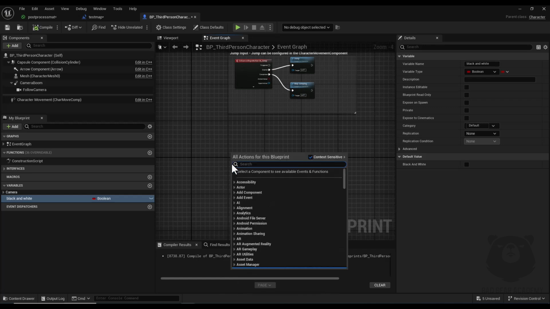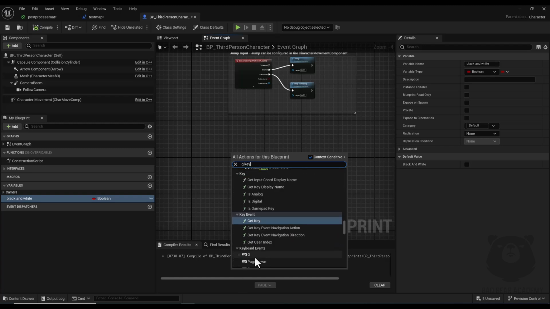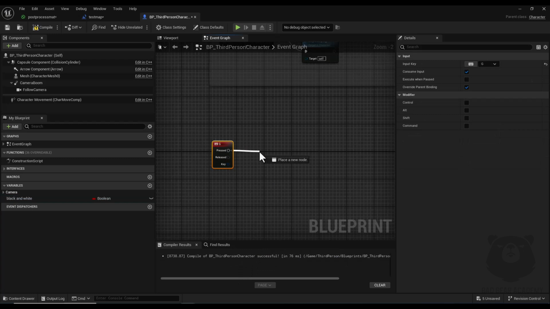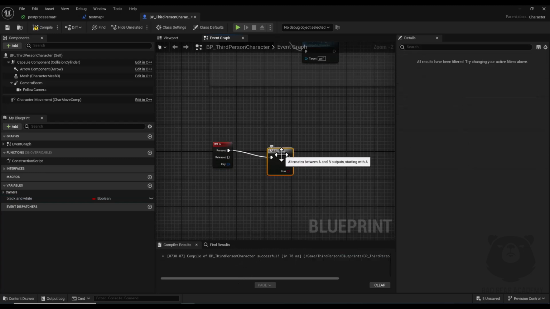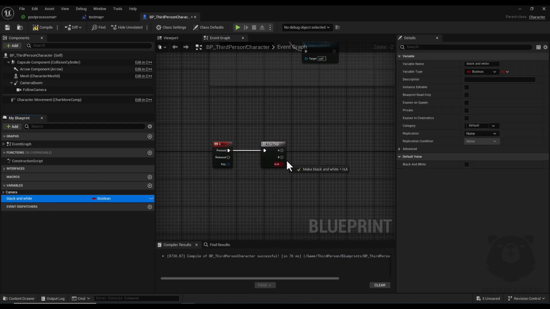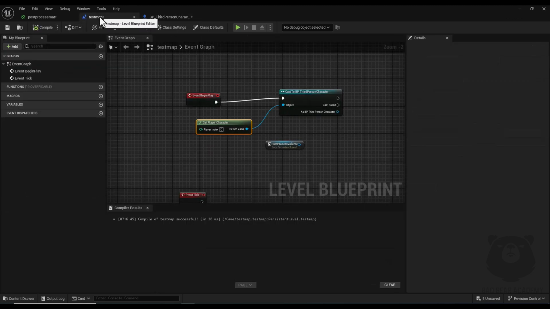Okay, now I'm going to add a new input. For example, I search for G key here. Now I add a flip-flop node, and here I drag and get a setter to this boolean variable. Here I set it to true. I get a copy here, and here I set it to false. Okay, now I compile and I go back to